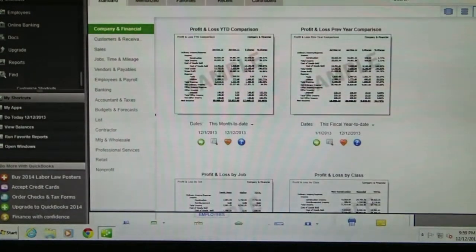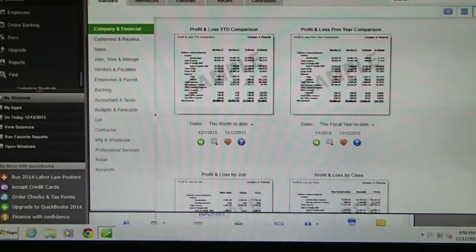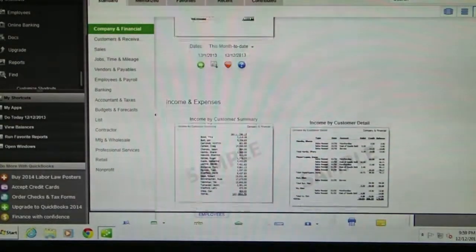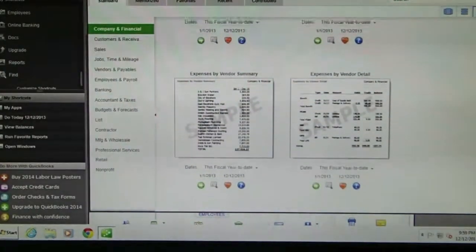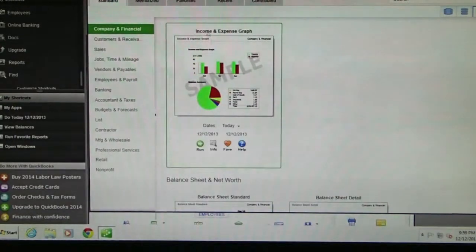One of the things that might be interesting to your client is an income and expense year, which they call profit and loss, but income and expense year, and comparing it to previous years. And when we look at this, I'm going to drive down a little bit, and one of the areas that we wanted to see is the income and expense graph, where the client can see what categories their expenses are in by a pie chart or a graph,